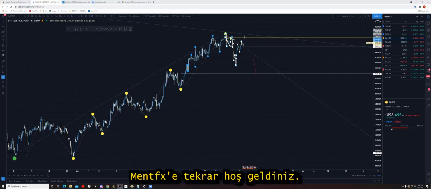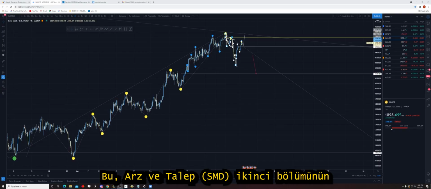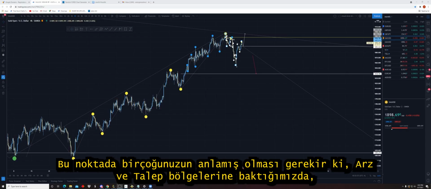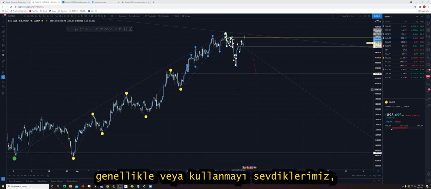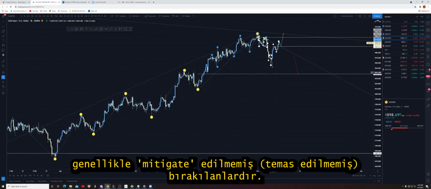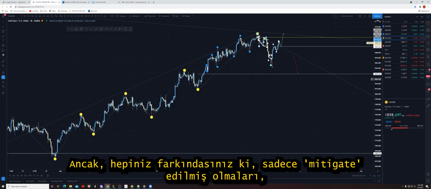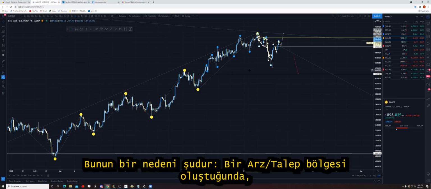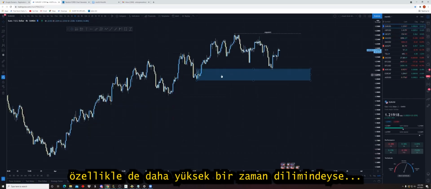Welcome back to MentaFX, and this is the sixth subsection of the SND section 2, where we deal with in-depth refinement. So at this point, a lot of you should understand that when we look at SND zones, the ones we like to use are usually the ones left unmitigated. However, you all recognize that just because they've been mitigated does not mean that they can't still be a valuable area. Now, a reason for that is because when an SND zone forms, especially when it's on some kind of